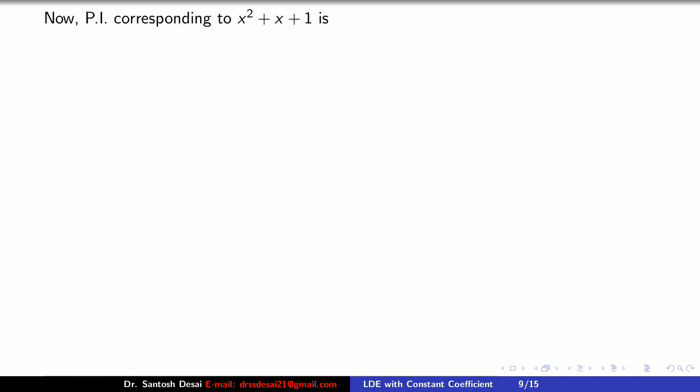Now next we find the particular integral corresponding to x square plus x plus 1. So we know that PI is equal to 1 upon (d cube minus 7d minus 6) into x square plus x plus 1. Now here one can note that x square and x both are algebraic functions, so you have to apply the same method for x square and x also. So instead of separating the terms, we put the terms as it is and apply the method for x square plus x plus 1. One can solve the same example by separating each term also. So let us apply the method.